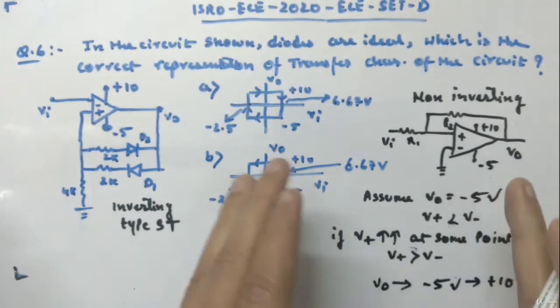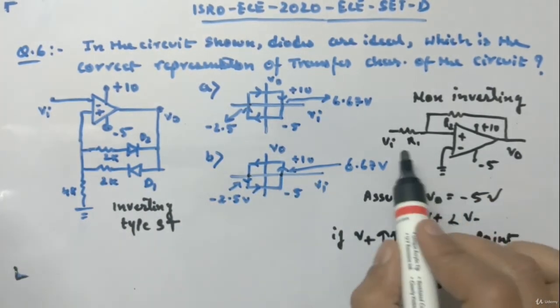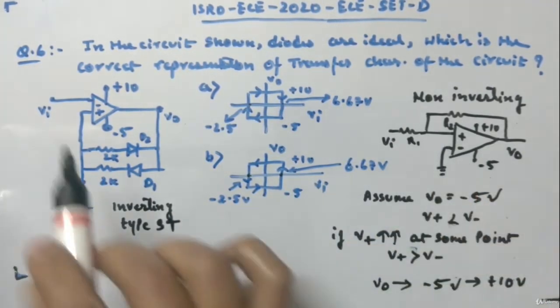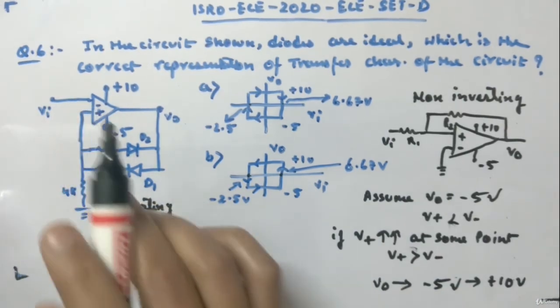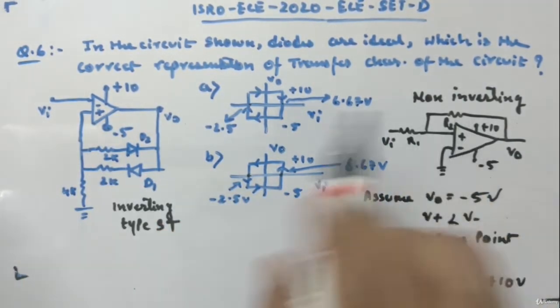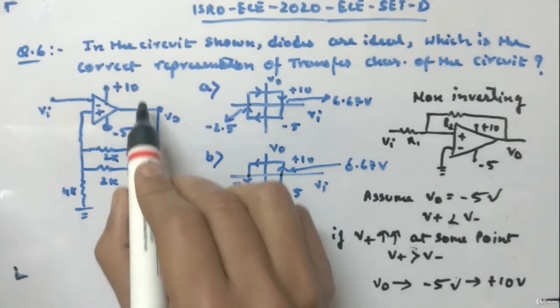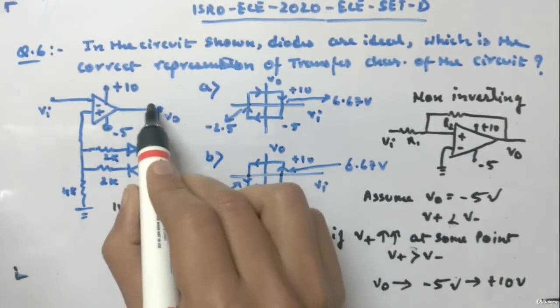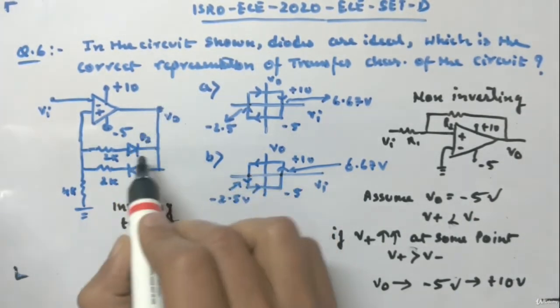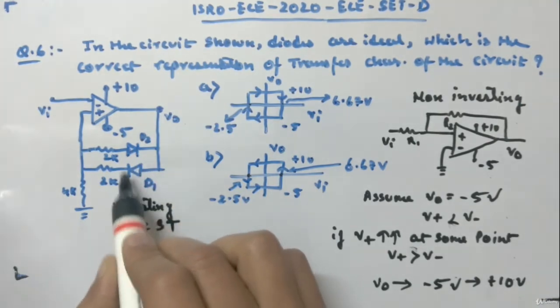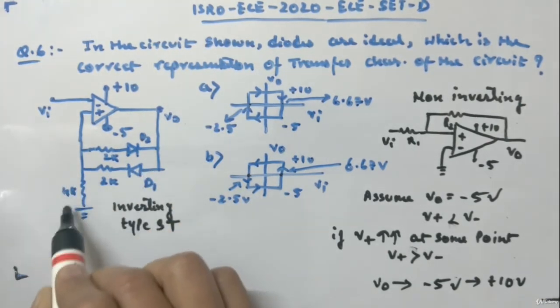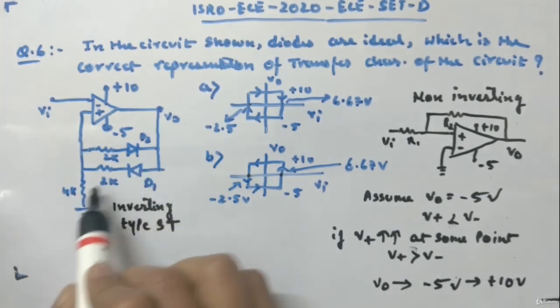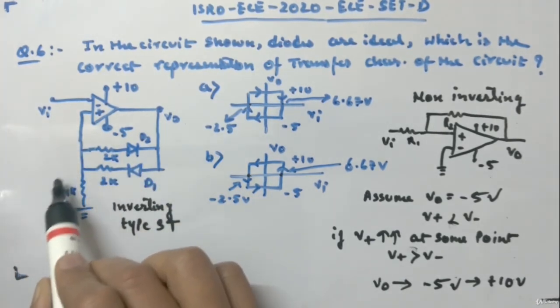Okay, so I hope you are able to see the difference. Here Vi is applied to the positive terminal, here Vi is applied to the negative terminal. Mind you, both are in positive feedback. Okay, you break the wire, you increase this voltage. Since you are increasing this voltage, this will be negative bias, this will be forward bias, which means this voltage is increasing, by voltage division.